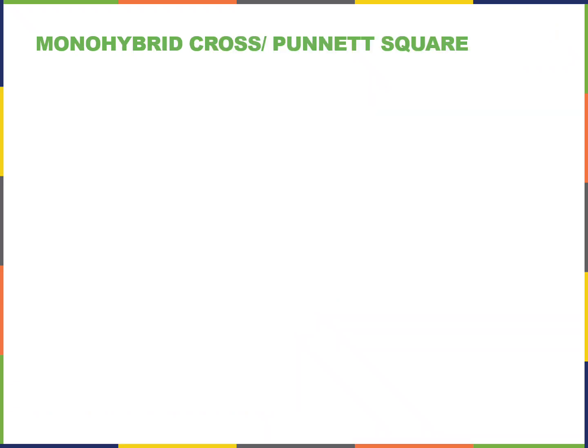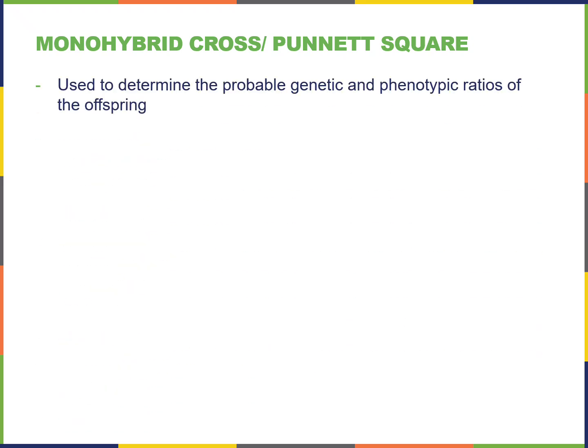I was just saying that I was getting a little bit ahead of myself with the Punnett square. Punnett squares are what biologists and geneticists use to determine the probable genetic and phenotypic ratios of an offspring. The probability is usually for a monohybrid cross, it'll be different for whatever the parents are, but if both parents are